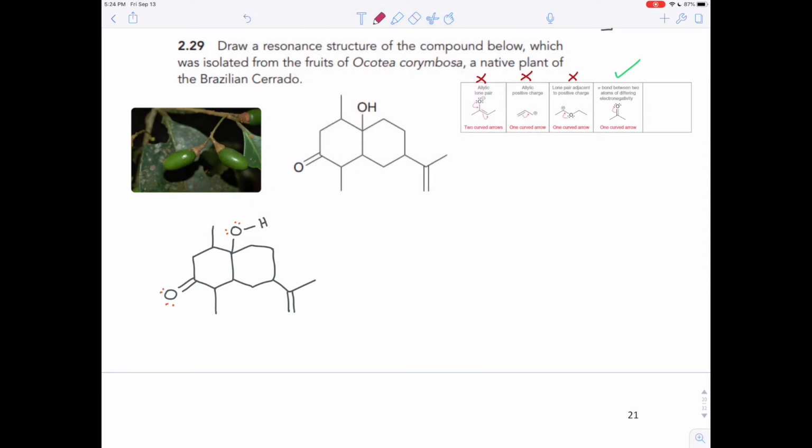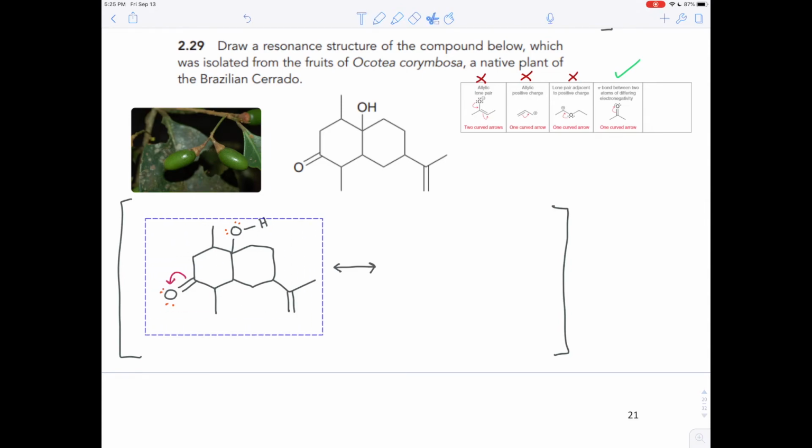But because we have the pi bond between 2 atoms of differing electronegativity, we can draw in the curved arrows. Well, first of all, let's warn the world. This molecule has resonance, so neither of the structures we draw is going to be true. You have to take the average of the 2 in order to get the real molecule. Okay, so whenever you have a pi bond between atoms of differing electronegativity, the pi electrons go onto the more electronegative atom. So we take that molecule,